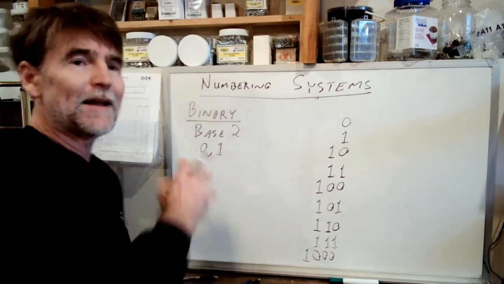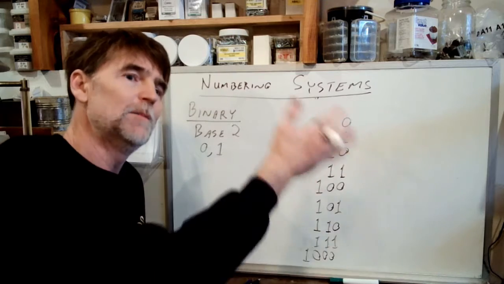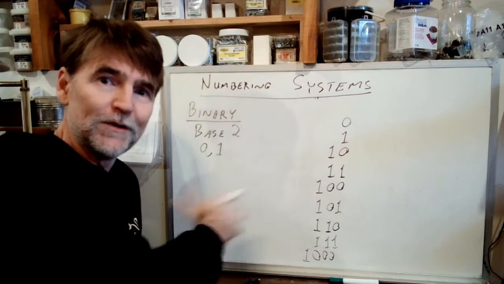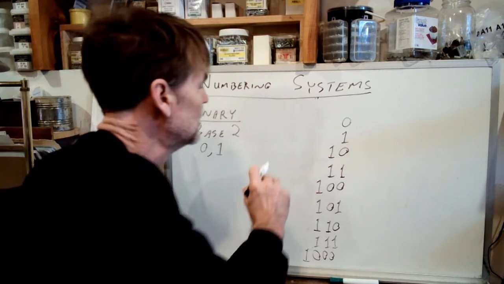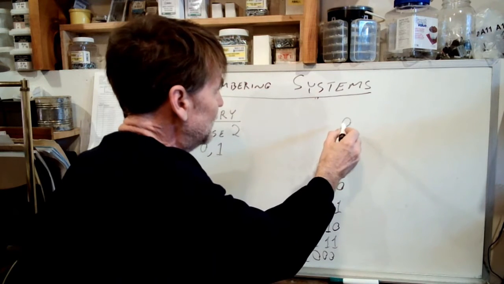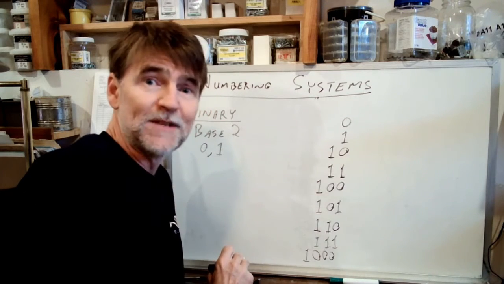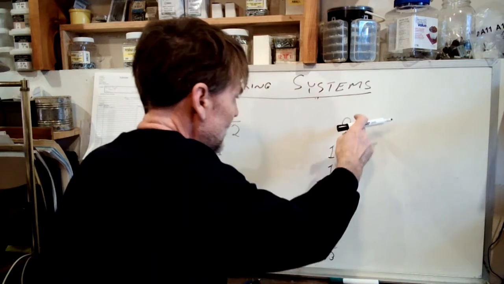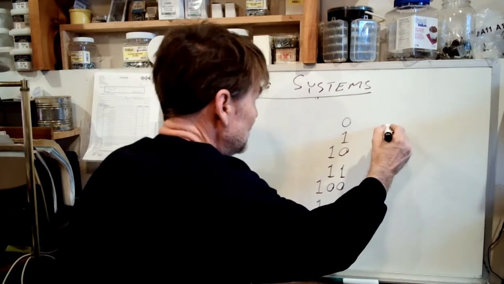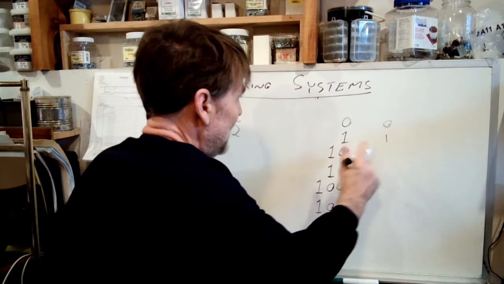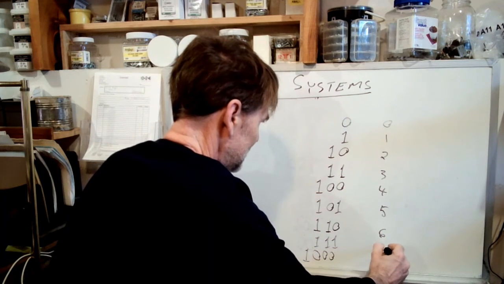Way back in the beginning with the decimal system, I talked about that ones column and then the tens column, and you know that the next is a hundreds column and a thousands column, 10,000 column, and so on and so forth. We want to do the same thing here in the binary system. So look at what happens. If we have just a 1 in this first column, what does that represent? Well, maybe we should do this. Let's take these numbers and write down what they represent in our familiar decimal system. A 0 is a 0, and a 1 is a 1, and this is a 2, and this is a 3, and a 4, and a 5, and a 6, and a 7,